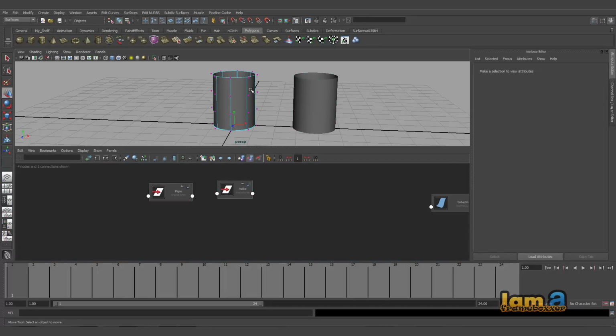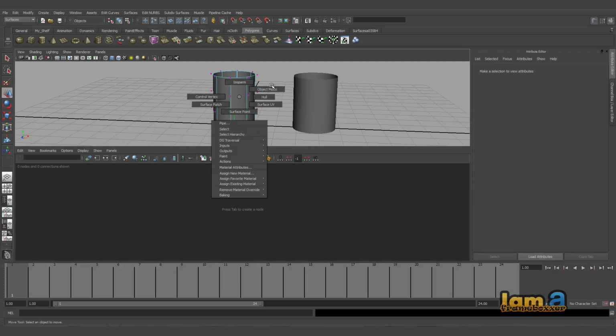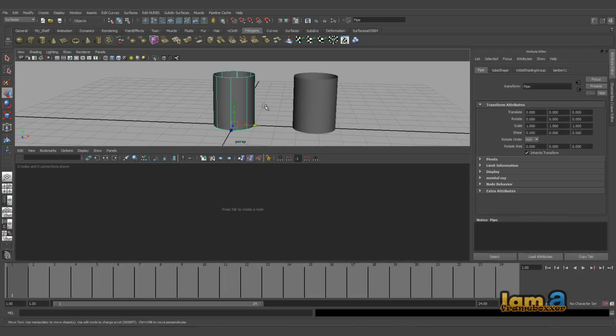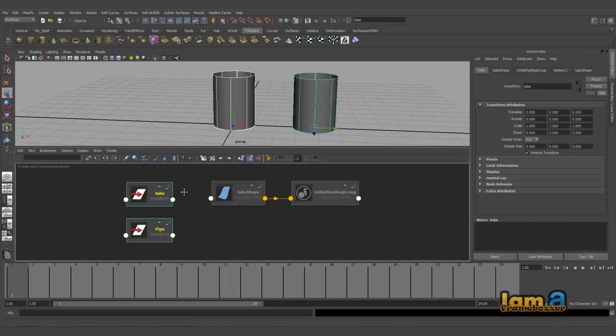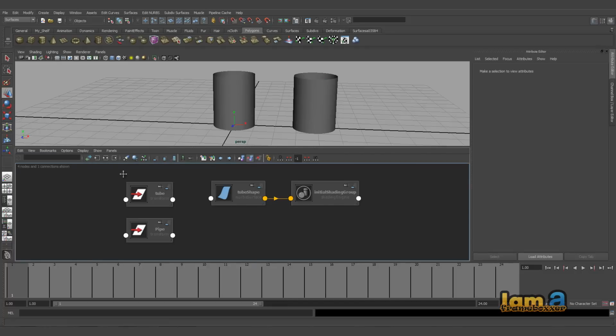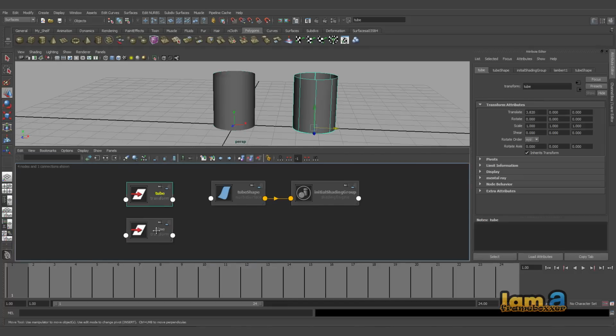Now, also one interesting thing: generally if you select this and you have this tube and pipe here, as I start shuffling between these, you have the selection also getting changed. In case you don't want the selection to change, if you want it to remain there, just click on this button. It's very interesting. So your selection remains irrespective of whatever I click in the viewport, it sticks onto this one. Very useful option.